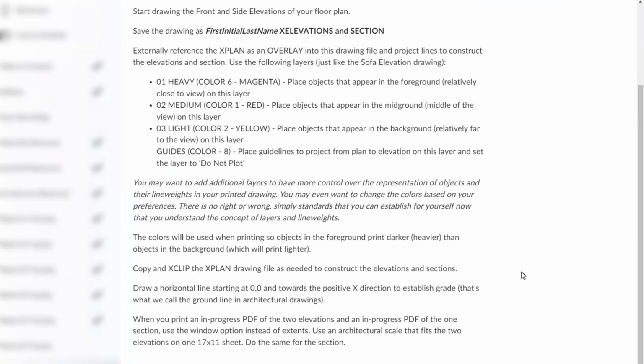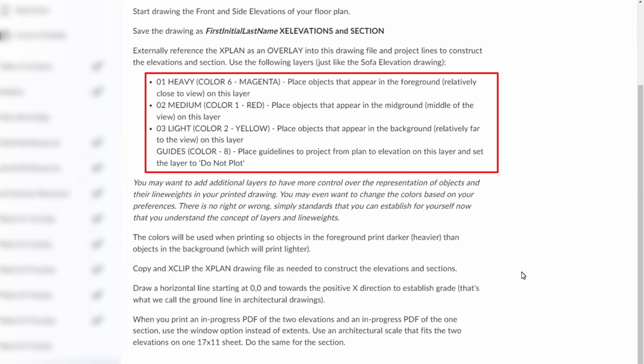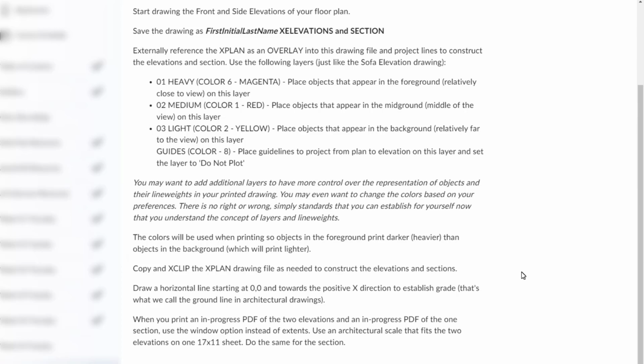For this assignment, you are going to construct the two elevations. That's going to be the front and side elevation of your project. And you're also going to construct the section. I'm combining these two drawings because they're using the same layers. There's no major difference between the information that needs to be completed, and it's going to be helpful to keep